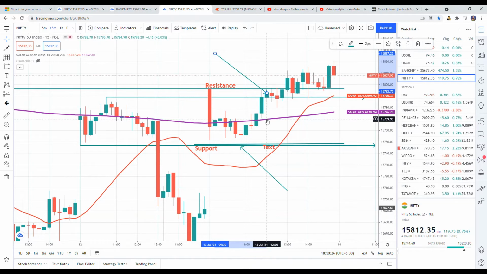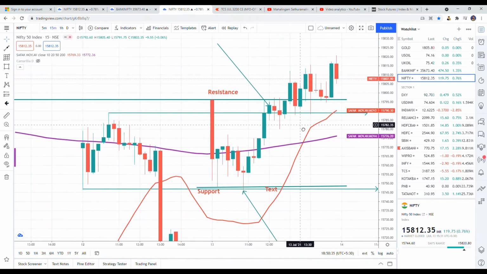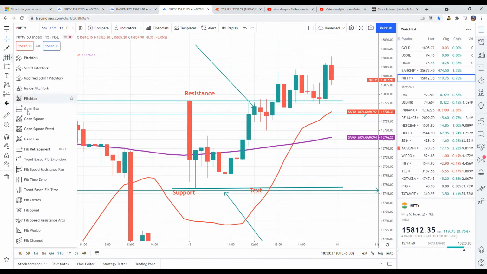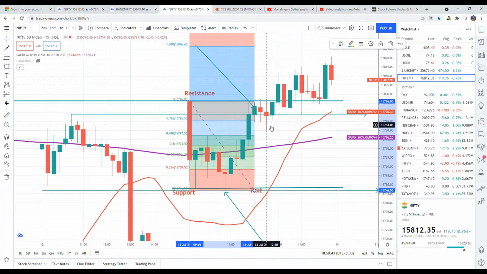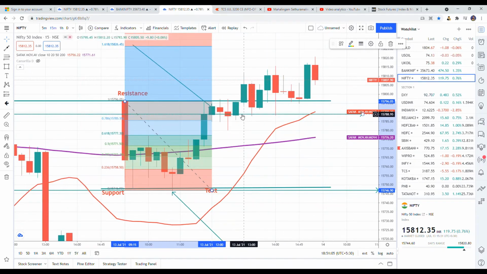So the price is above the 200 moving average, and the price is trading almost 75% of the initial trade. Look at the Fibonacci. If you go with the Fibonacci, see 61.8 is 15,777, and sellers are not able to push the price to 15,777. The price is holding around 15,780. So you have to come to the conclusion when you have found this indecisive type of candle. So wait for the action.